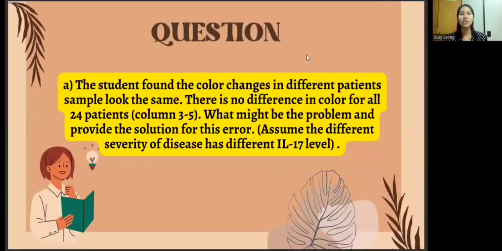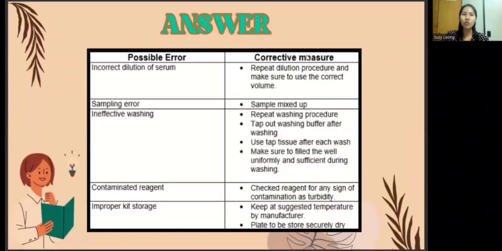The first question is, the student found the color changes in different patient samples look the same. There is no difference in color for all 24 patients, columns 3 to 5. What might be the problem, and provide the best solution for this error? For this question, the possible errors could be incorrect dilutions of serum, sampling error, ineffective washing, contaminated reagent, or improper